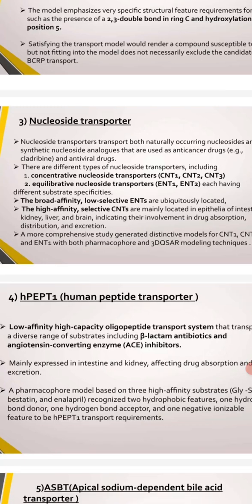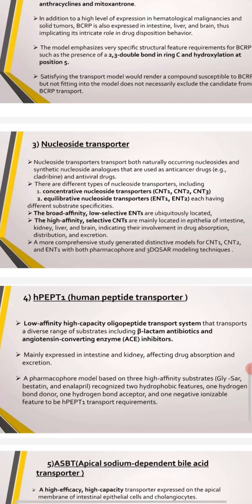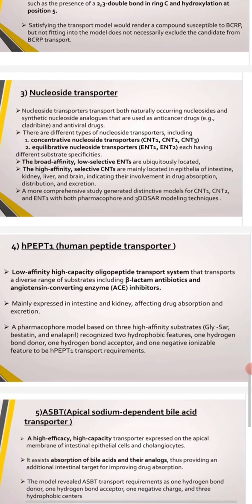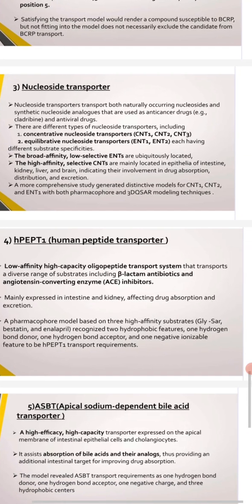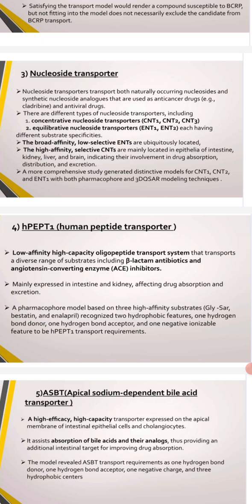Next, the fourth one, HPEPT1, human peptide transporter. It is a low affinity, high capacity oligopeptide transport system that transports a diverse range of substrates including beta lactam antibiotics and angiotensin converting enzyme inhibitors, mainly expressed in intestine and kidney, affecting drug absorption and excretion. A pharmacophore model based on three high affinity substrates, glycylsarcosine, bestatin, and enalapril, recognized two hydrophobic features, one hydrogen bond donor, one hydrogen bond acceptor, and one negative ionizable feature to be